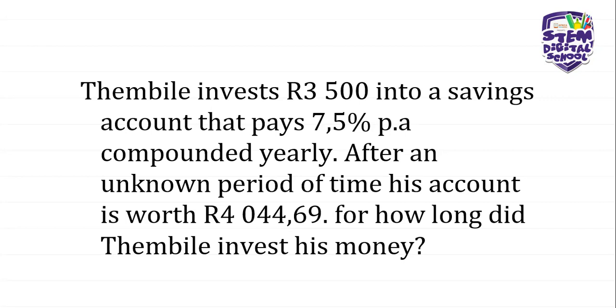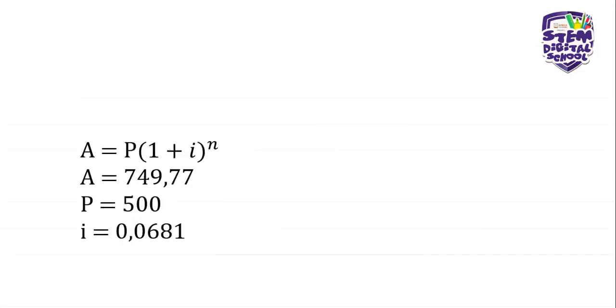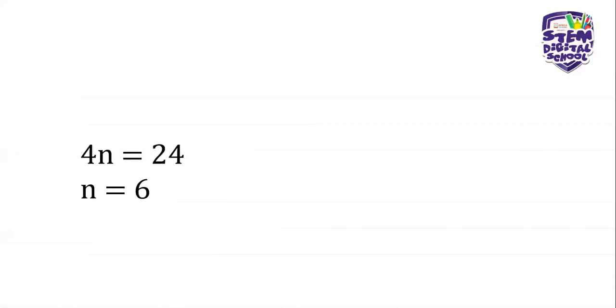So once again, just as we did with the previous example, you will recall that we looked at the given information and also at the formula that we are going to use. In this example, you use the same method. Your formula to calculate the number of years is the compound interest formula: A is equal to P into (1 + i) to the power of n. So the difference here